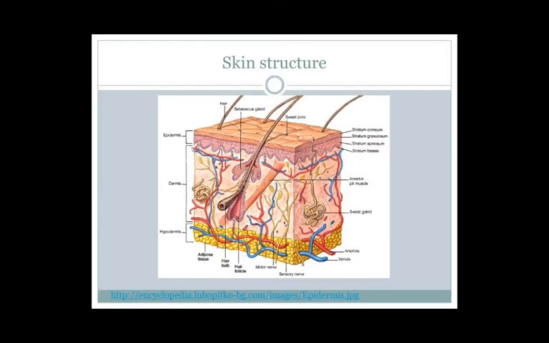So here's the structure of the skin. Now, what you'll notice about the structure of the skin is that we have three clear layers. We have the epidermis, the dermis, and the hypodermis. So this is actually the top of your skin,